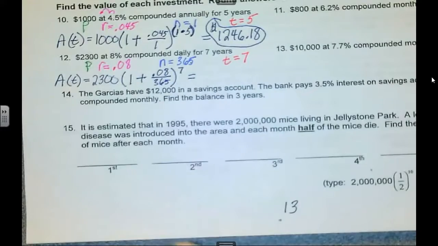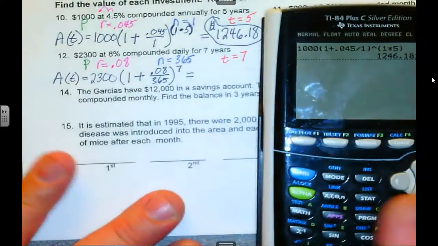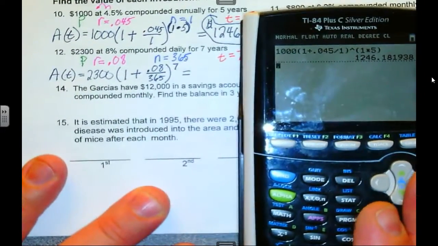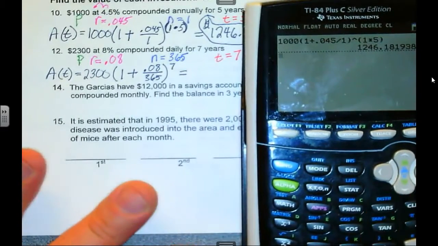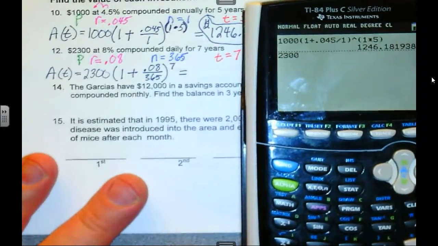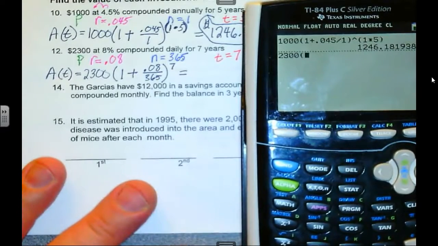All I have to do is be careful and put it in my calculator. 2,300, parenthesis, 1 plus 0.08 divided by 365,